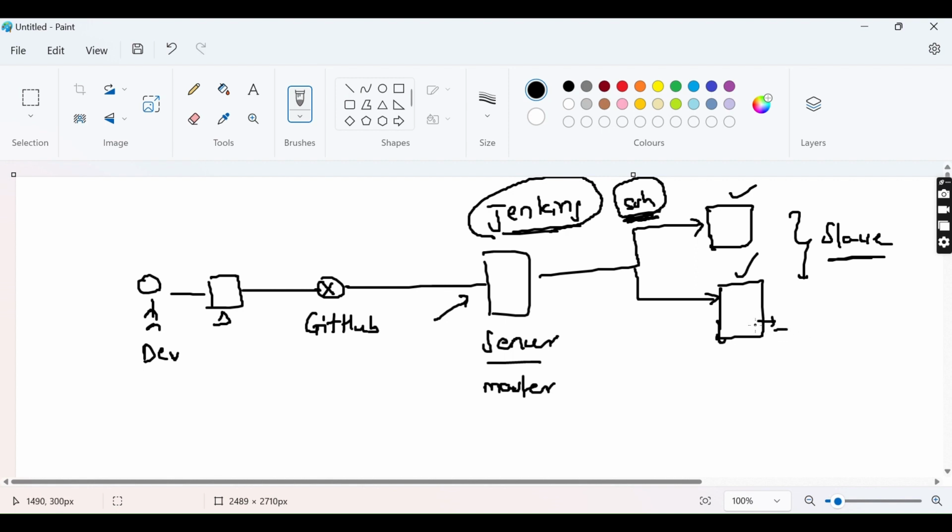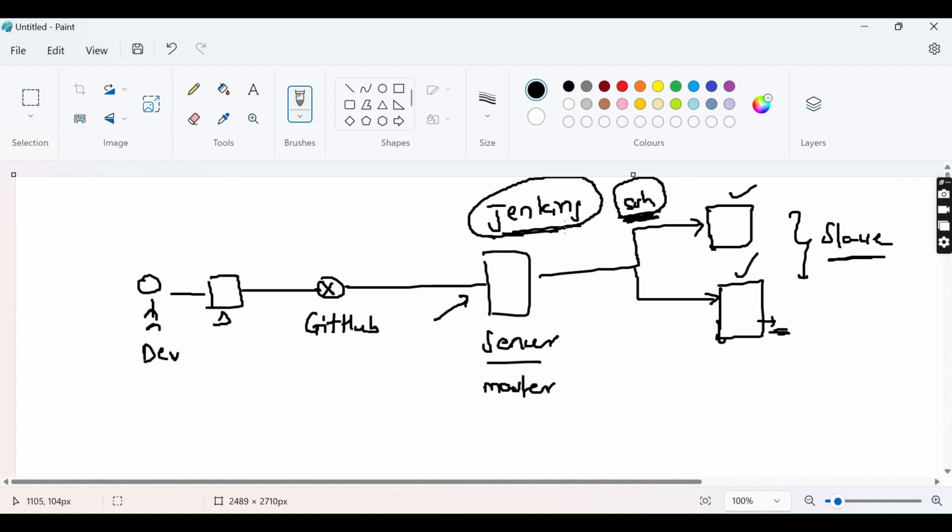Now that Jenkins agent installation will be taken care of directly by your Jenkins master machine. You just need to be authenticated properly. SSH has to be done properly, and the rest of the things will be taken care of automatically. One more important thing is that the agent software, which will be installed later by Jenkins,